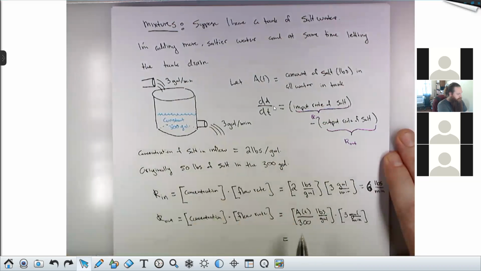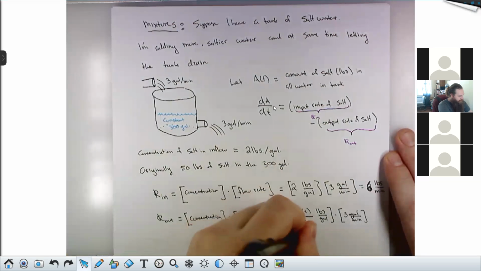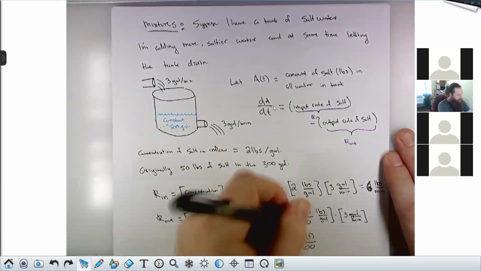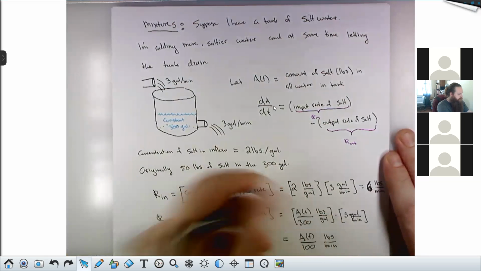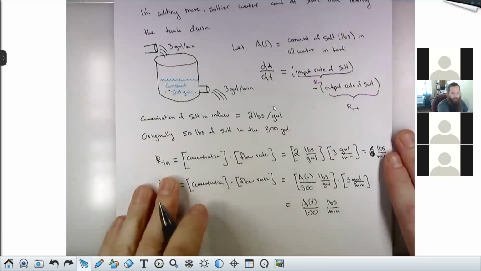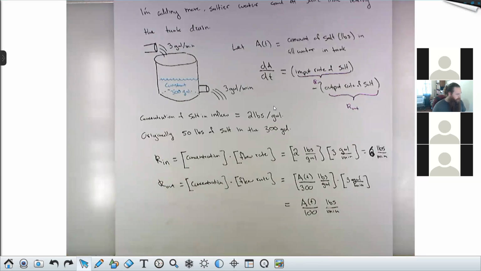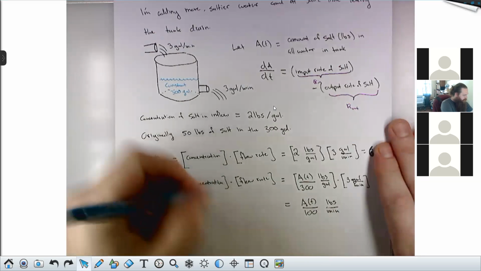So what we end up with here, again, you can cancel the units of gallons. You have A of t over 300 times 3. So that's A of t over 100 pounds per minute. And this is a little bit subtle, so I want you to take a second and make sure you're comfy. The big deal is that the concentration here